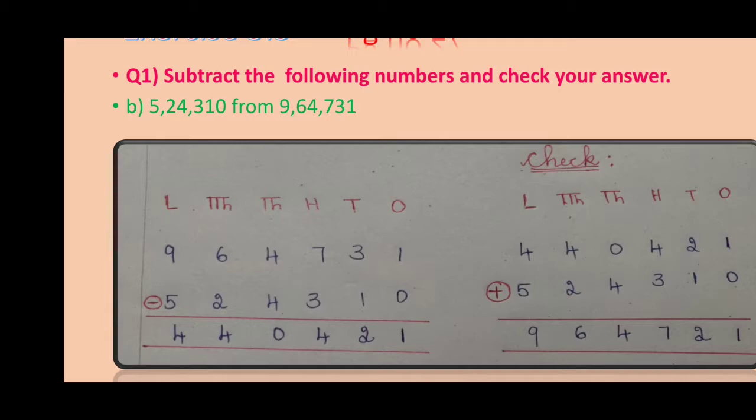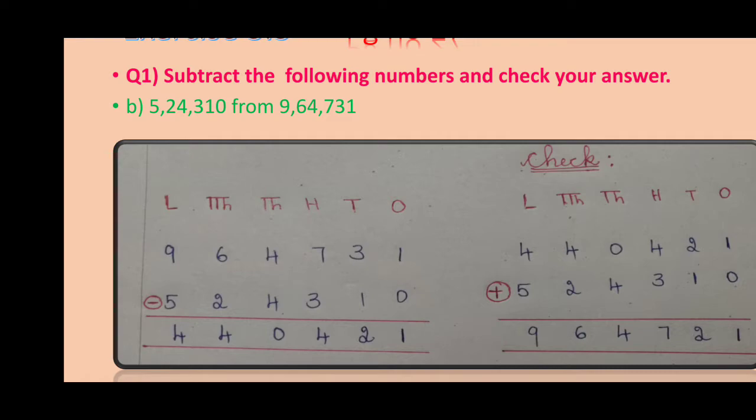Just beside this, we have to keep the heading as Check. Wherever I use red pen, there you have to use the pencil. You should not use the red pen, my dear children. Wherever I used red pen, you have to use the pencil. That means I have written Check, place values, plus symbol and those lines. These lines are to be written with the pencil, my dear children. And the blue pen, as it is, you also have to use a blue ball pen.